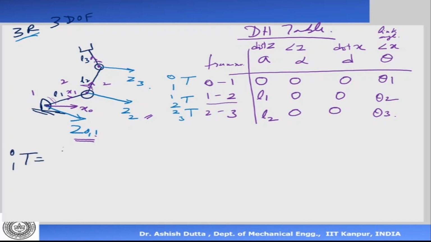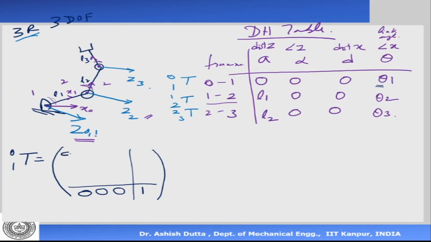T0 to 1. Okay, so if I write this matrix, let us write it this way. This is always 0, 0, 0, this is always 1. Now look at frame 0 and frame 1. Here when they rotate, there is only one variable, theta 1, which is going to change, and it's a rotation about the z axis. Now if you are thinking why z was the axis of rotation or translation, that is essentially to simplify our computation, because these rotations are always about z, so that the matrix is the same.